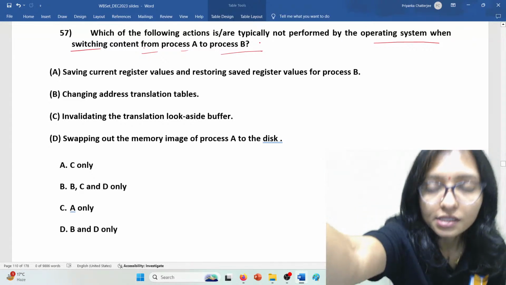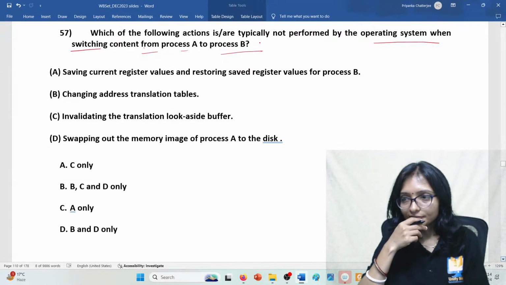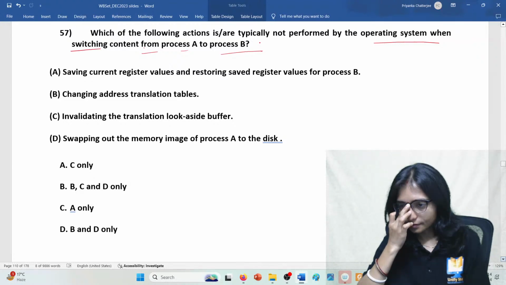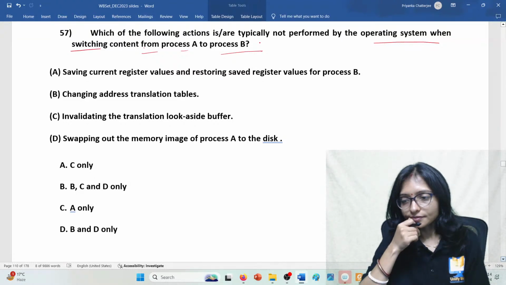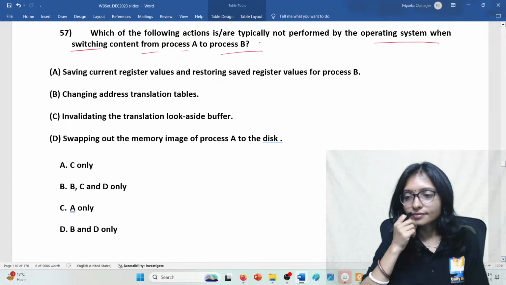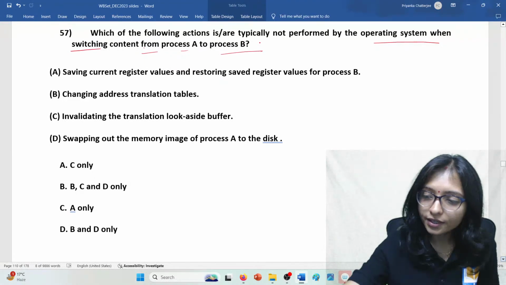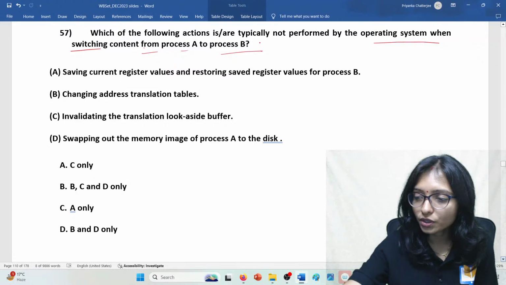What is the answer? Quick, when the switching operation is going on,